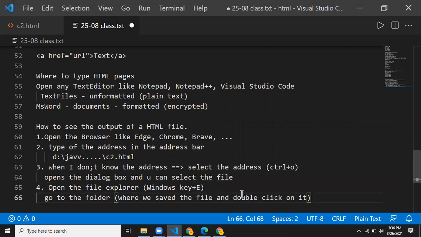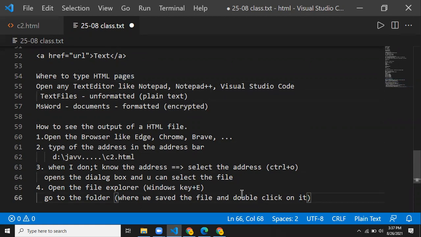So is everybody clear how we are going to work with this, how to type it, where to type it? As for where to save your programs, you can save a normal plain HTML document anywhere. But when I'm going to create a website, it is better to put all the related files into one folder and then start accessing them, so that we can avoid confusion about where they are present. Clear?